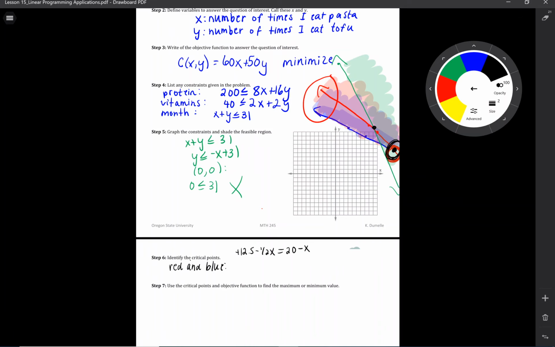Let's solve for this. If I add 1/2 x to both sides and subtract 20, I get 12.5 minus 20, which is negative 7.5, equal to x minus 1/2 x, which is positive 1/2 x. So if I divide both sides by 1/2,